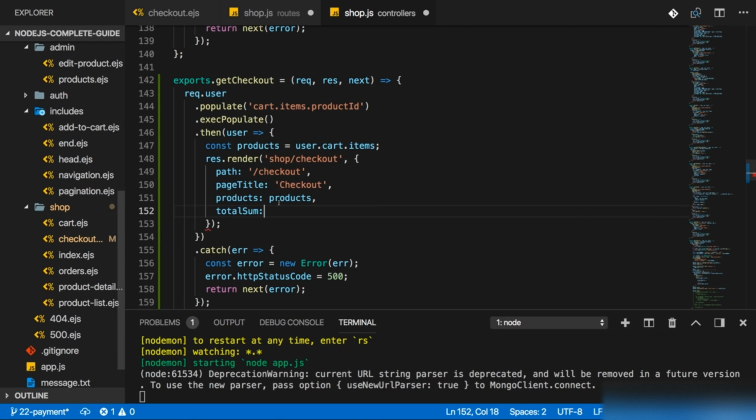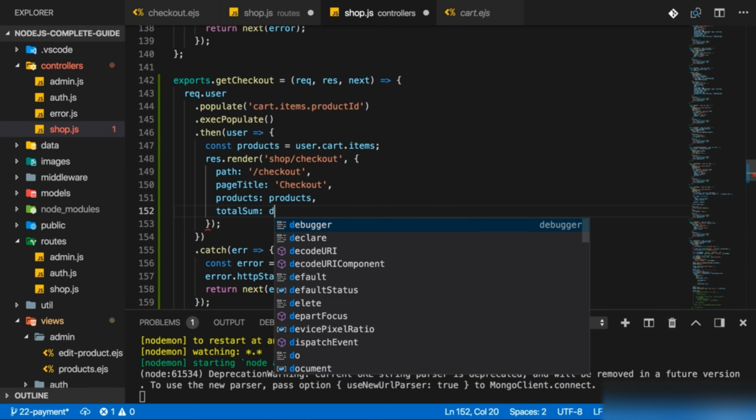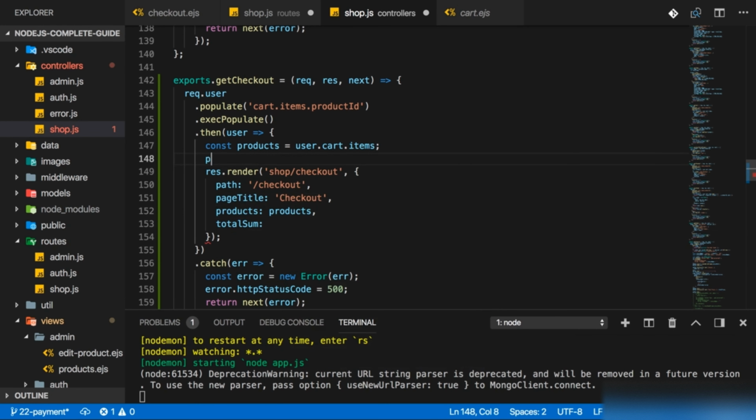Because in the cart, or in the products here we have in the cart, you have to keep in mind that products is an array of products where we have the quantity and then a product ID field with detailed data about the products, because we populate this product ID field with the detailed product data. So therefore, the total sum can be generated by looping through all products. So here I can do products for each